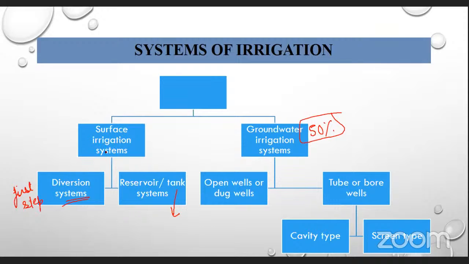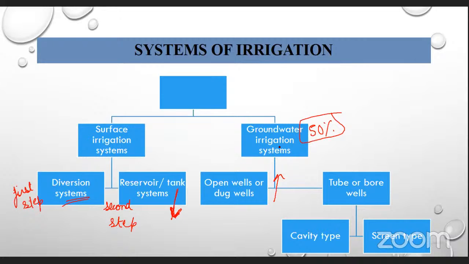step in the surface irrigation system, and the second step is making the surface irrigation system more stable. Then we make reservoirs on that. This will be the second step. In the same way, I have discussed why the surface irrigation system or the tank irrigation system declined. And now I am telling you why open wells or dug wells, meaning the groundwater irrigation system,